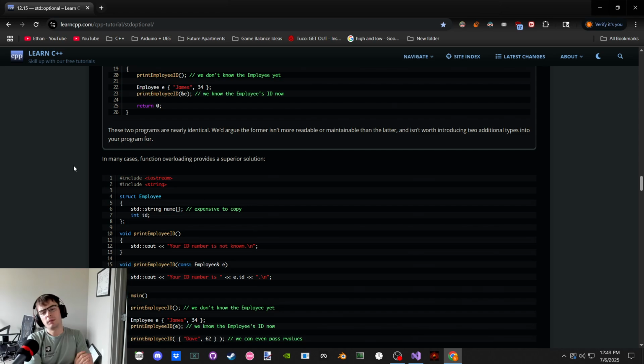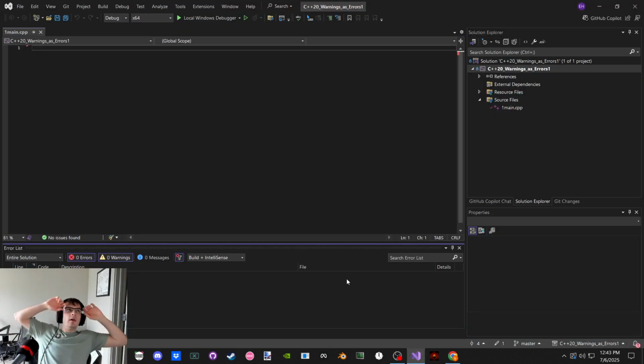A superior solution being what? Just if we call it with nothing, then. Makes sense. Yeah, because overloading would say, hey, this is the one that actually has the parameter matching the argument you're doing. This is the version we're calling, versus the version without parameters is the one that is called when we are not providing anything.